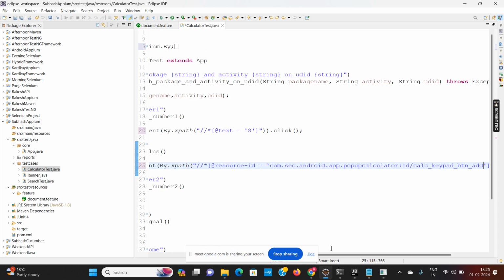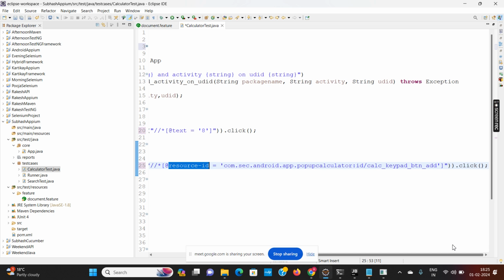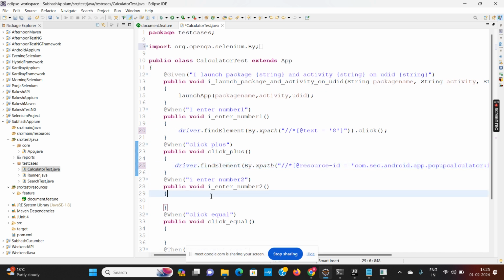Like this. Okay. So double slash star. Now we are using this attribute resource ID and copy the resource ID. Dot click. Then number 2.